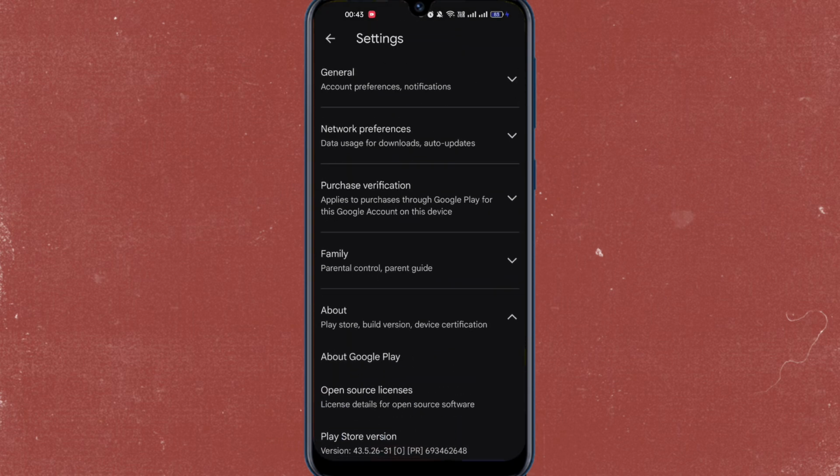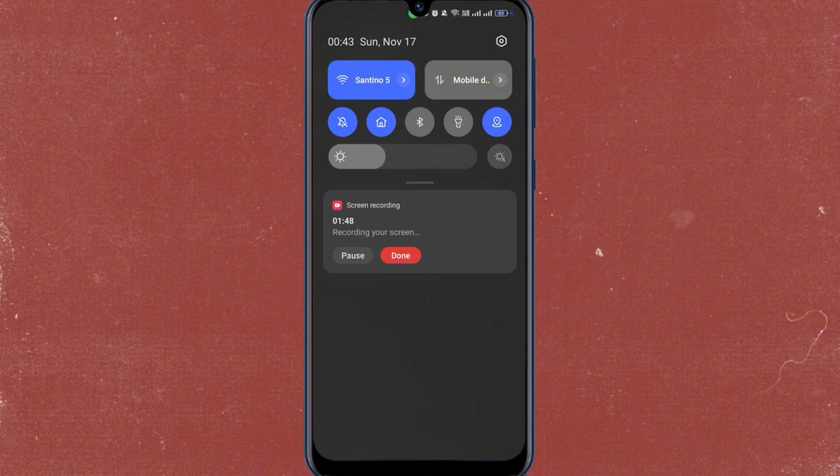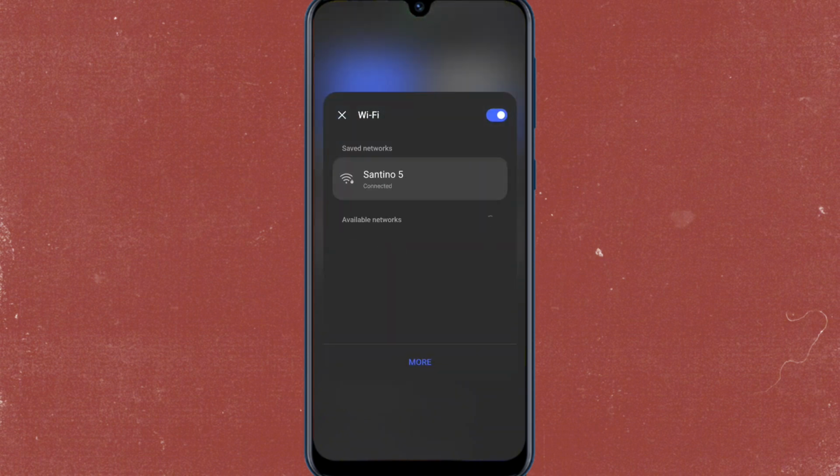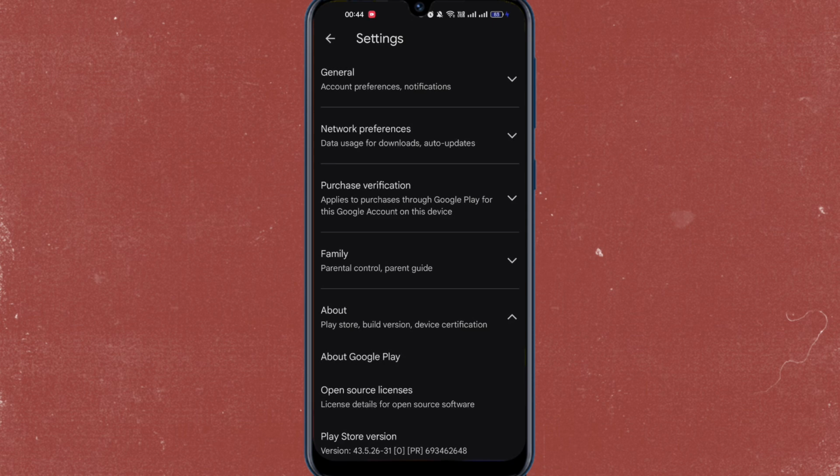So if the issue still persists, you can try checking your internet connection. You can switch from mobile data or Wi-Fi. You can also restart your router for better internet connection. And if the issue still persists, you can try restarting your mobile phone to avoid bugs and glitches. And that's it. That should help fix the issue,